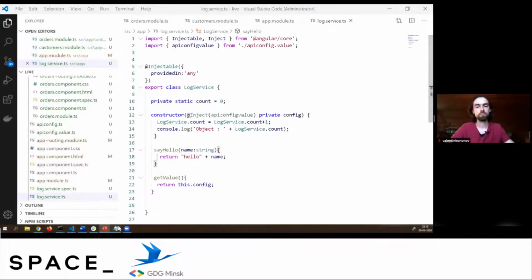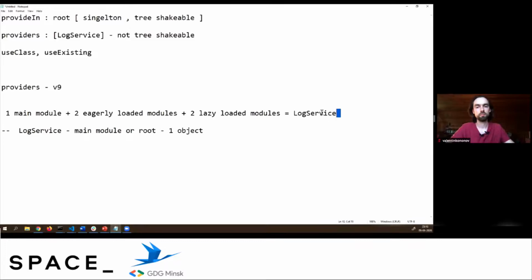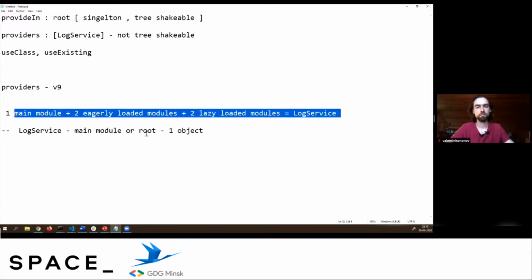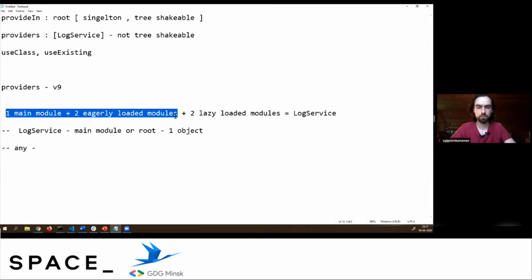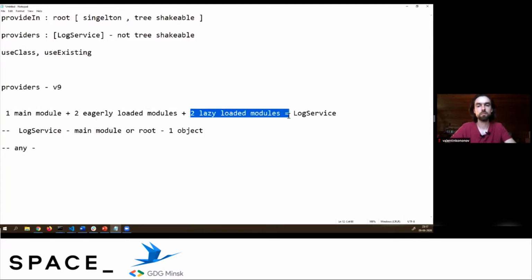And last but not least, if this is a scenario and you are using any, it means Angular is going to create one object for the main module, and the same object will be used for the eagerly loaded module. So one object for these two, and two objects for the two lazy loaded modules, meaning it will create three objects altogether.